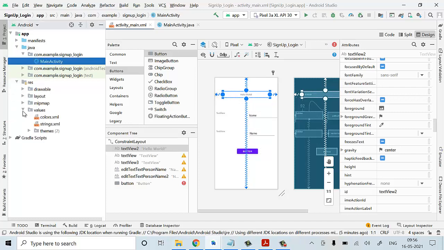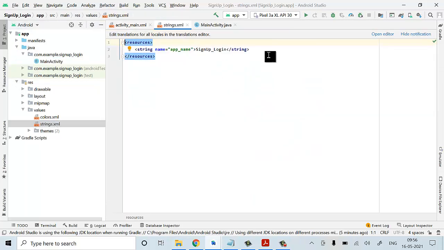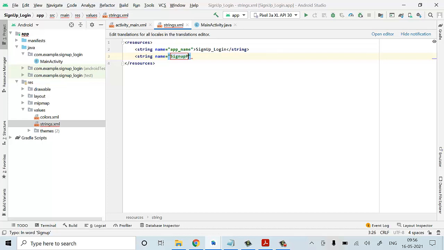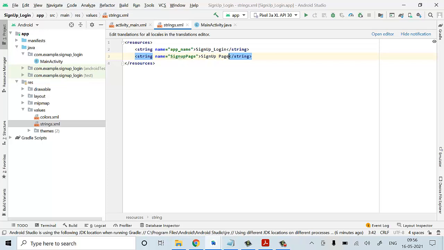In that we have values, in that strings.xml, you click on it, you just enter it. You can take string name is equal to sign up page. So close it. Here you can write it, sign up page. Now it's done.